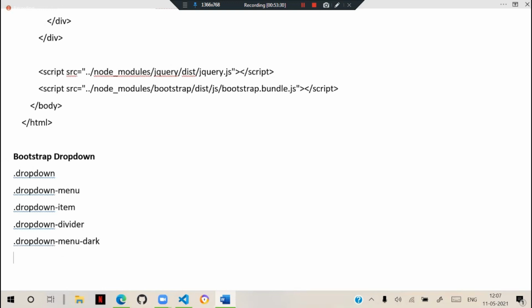That is the new one. This is mostly used for navigation bars, where we use the dropdown dark theme. I will show you how to design a navigation also.